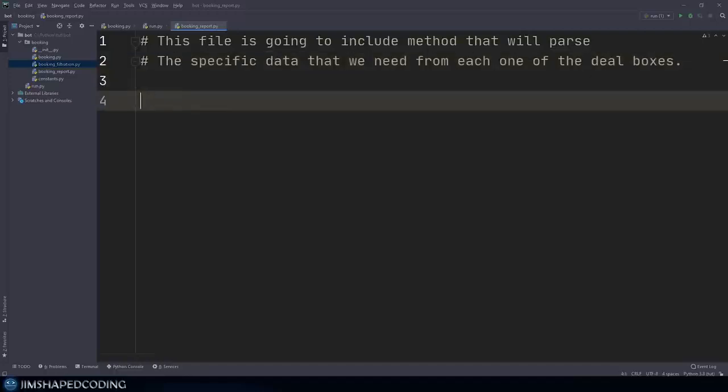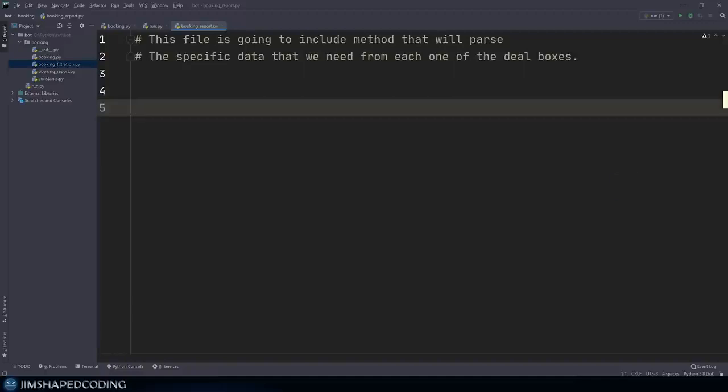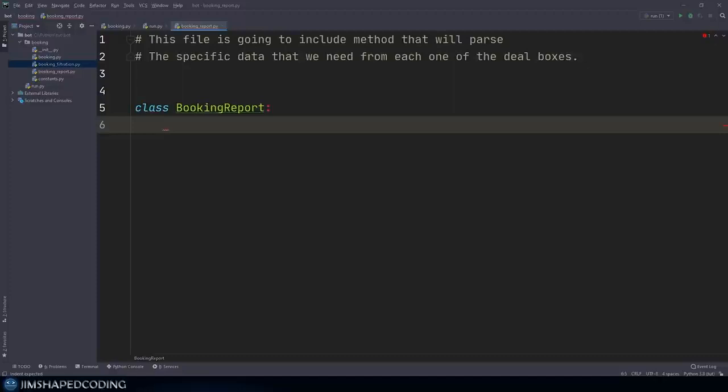So this explanation is pretty much making sense. Alright, so down here we are going to have a class that is going to be responsible to have some methods that will start to display the data that we need in a nice table. So I'm going to start by saying class BookingReport, and then this will not inherit from anything,